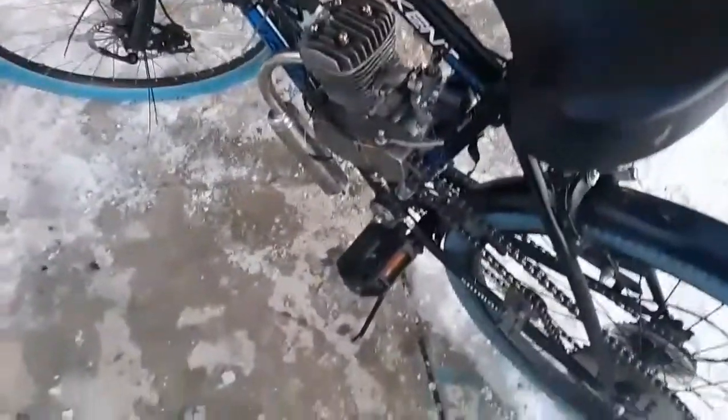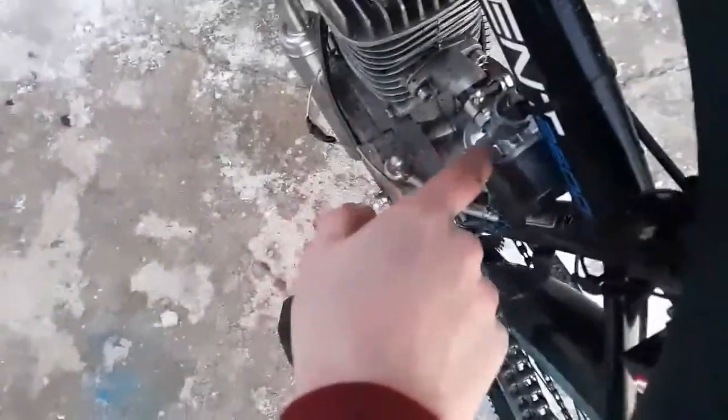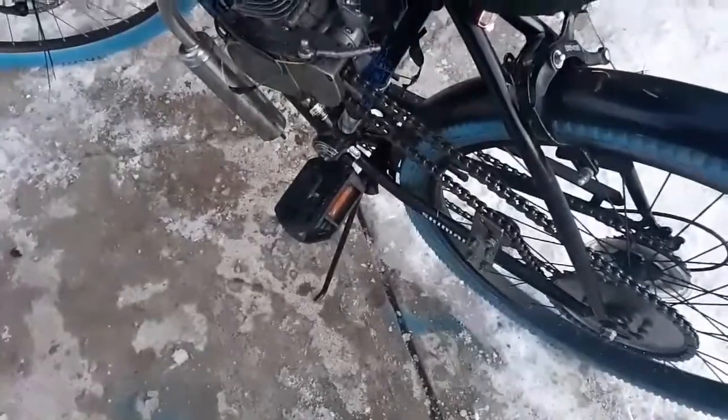I gotta get a new carburetor because our little primer valve in here, like literally the parts of it that go into the carburetor are coming out of the carb. So that's not good. So yeah, like I said, got mirrors, got turn signals. Now I'm really just waiting on one part, and I can go take this thing up to the BMV and get it registered. I'm really just waiting on a brake light that's coming from China, which will hopefully be here